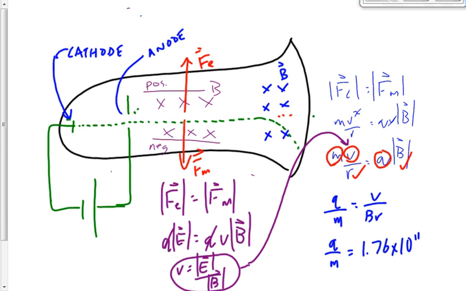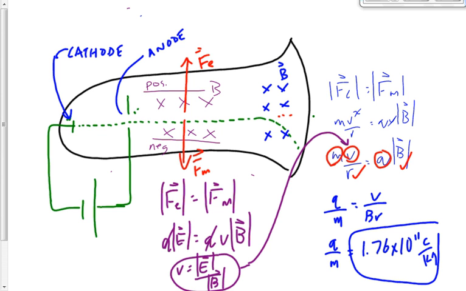Have you ever had to find the value of Q over M for an electron? Given all the information you have on your data sheet, what should you do? What's the easiest way to find Q over M for the electron if you're given all the information already on your data sheet? Divide Q by M, right? Now, if you have to get it from this experiment, obviously you can't do that, but